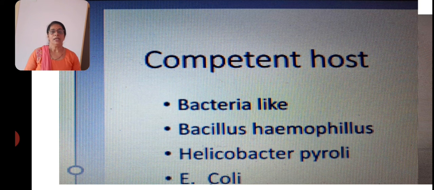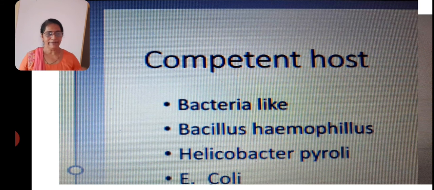For example, E. coli R1. E stands for the first letter of the genus, CO stands for the first two letters of the species, R stands for the strain of that bacterium, and first, second or third indicates the type of endonuclease enzyme. Then we have seen the cleavage pattern, as well as the palindromes.